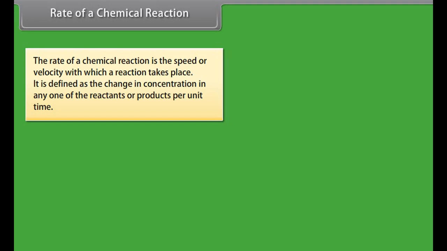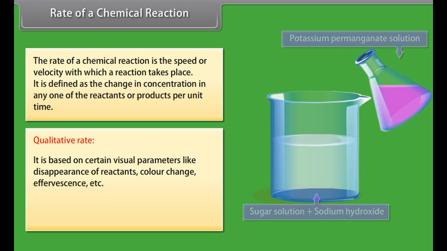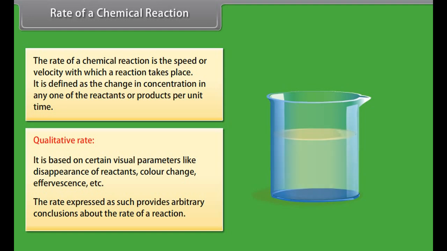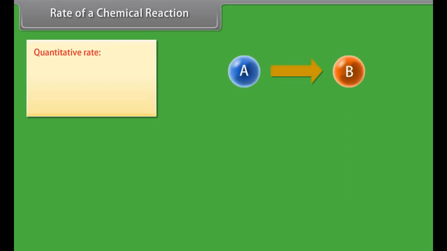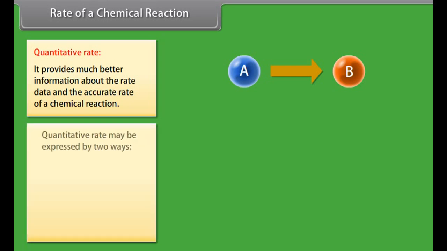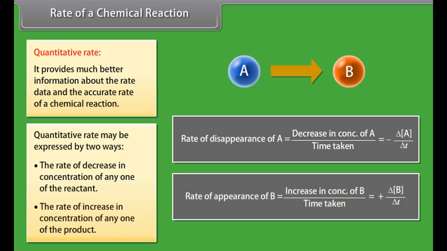It can be expressed in two ways. Qualitative rate. It is based on certain visual parameters like disappearance of reactants, color change, effervescence, etc. The rate expressed as such provides arbitrary conclusions about the rate of a reaction. Quantitative rate. It provides much better information about the rate data and the accurate rate of a chemical reaction. Quantitative rate may be expressed in two ways: the rate of decrease in concentration of any one of the reactants,